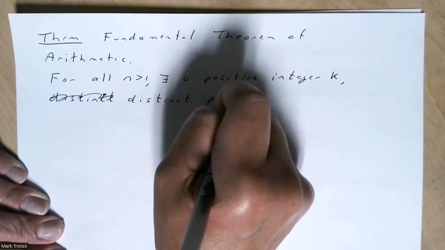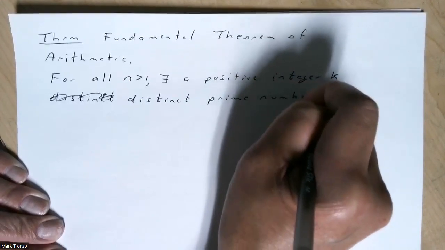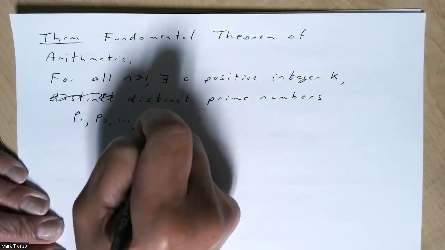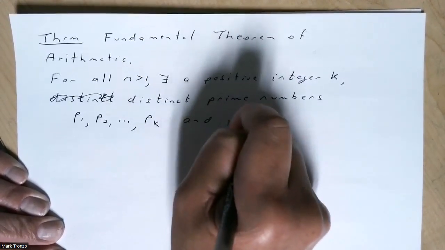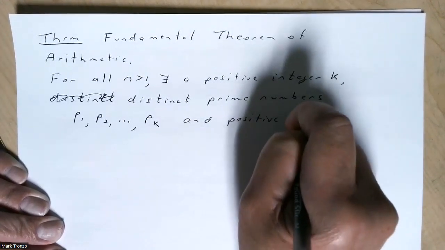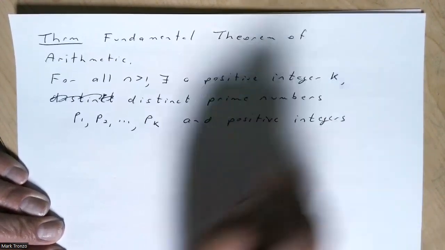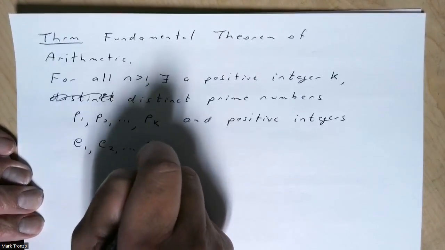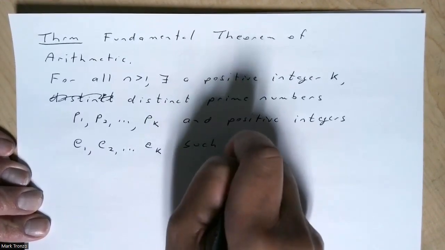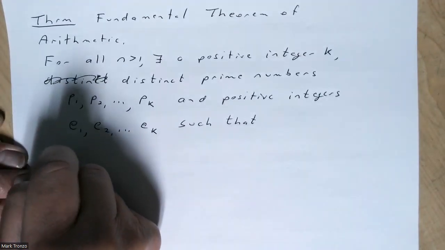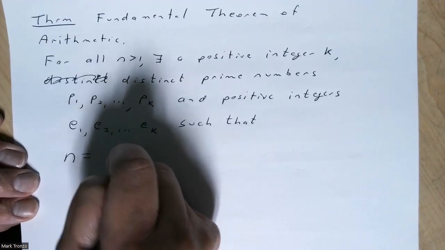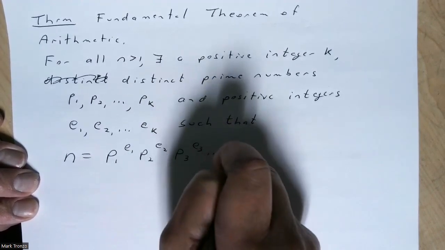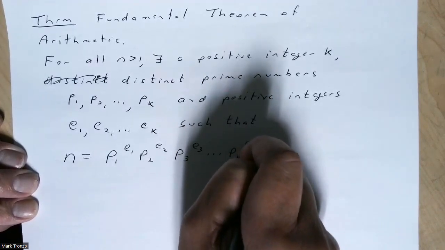Distinct prime numbers P1, P2, PK, and positive integers E1, E2, EK, such that n equals P1 to the E1, P2 to the E2, P3 to the E3, PK to the EK,